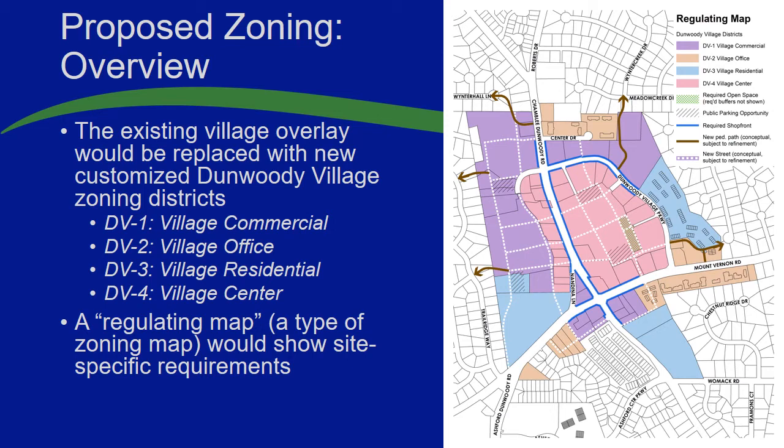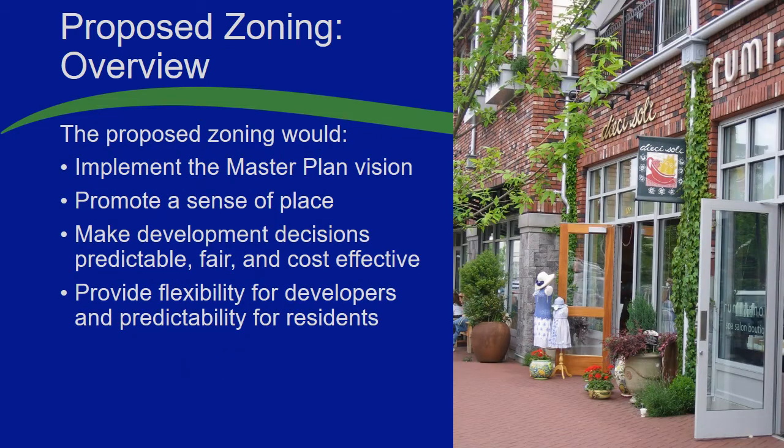But more than a zoning map, this is also what's called a regulating map, and that means that it shows those proposed streets that developers would have to build out, the street network. It shows where storefronts would be required to be built and walking trails and a few other things that I'll get into later. So the goal of zoning is really to take the vision of the future of the village and put that into rules that developers have to follow, create a real sense of place, a real sort of heart for Dunwoody,